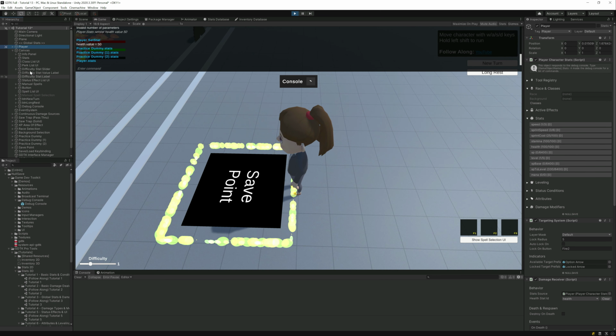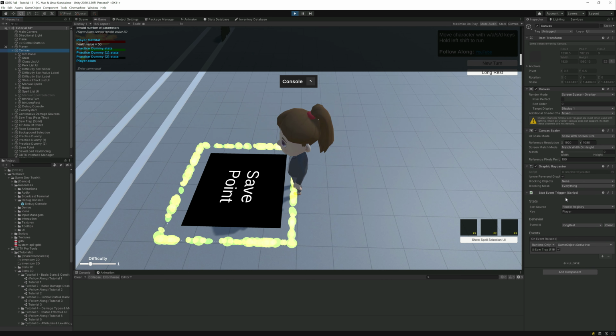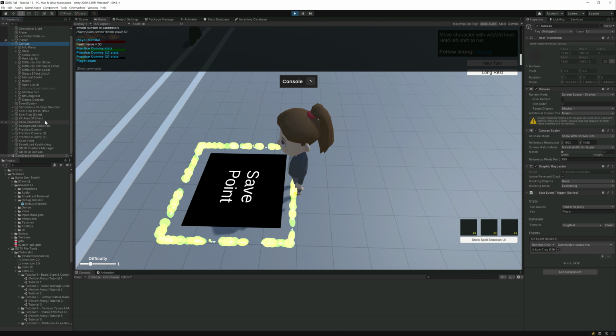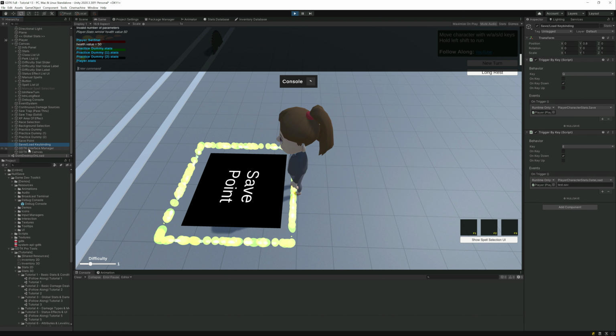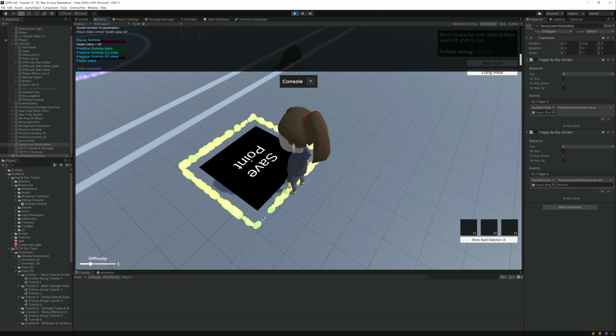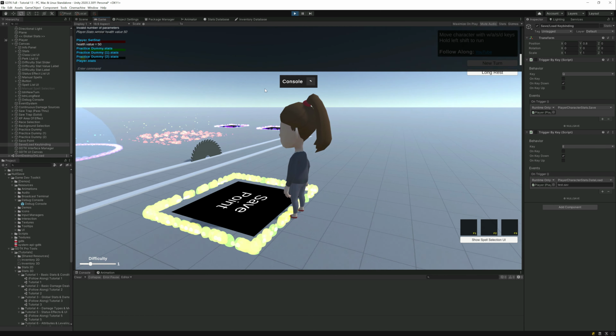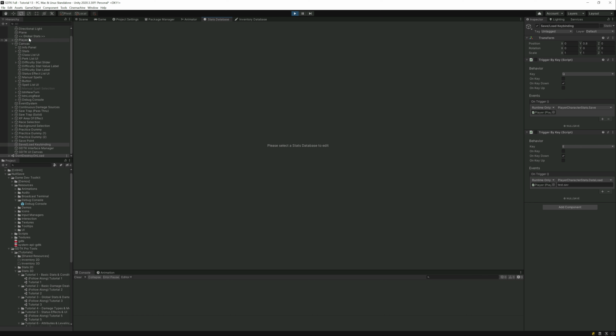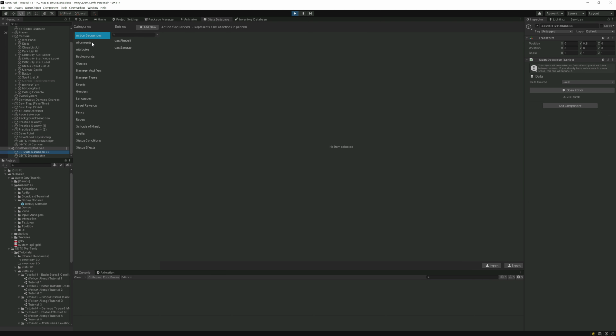And I'd like to just go ahead real quick and see if we can find, there we go. Here's our save load key binding. I'm just going to disable these so it doesn't keep saving and loading as we're typing. Let's look at our stats database real quick to see what we have available. So if we go into attributes, we can see some here.